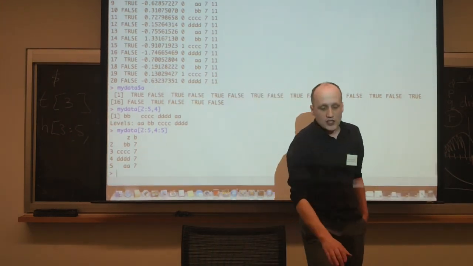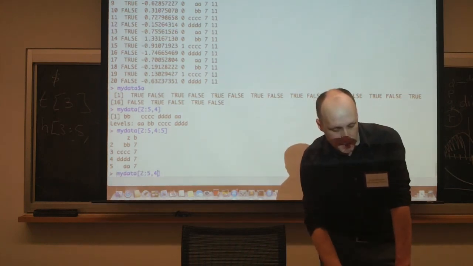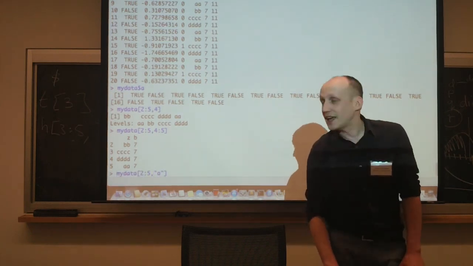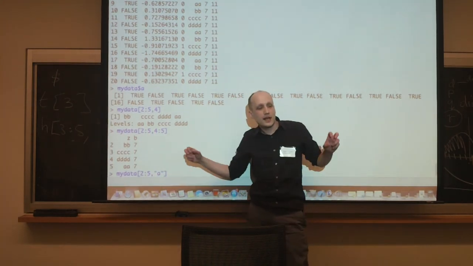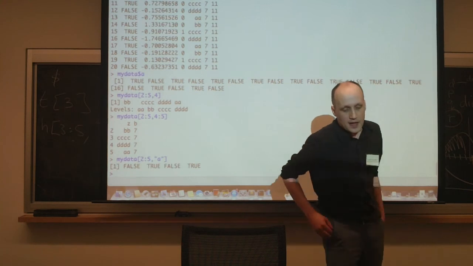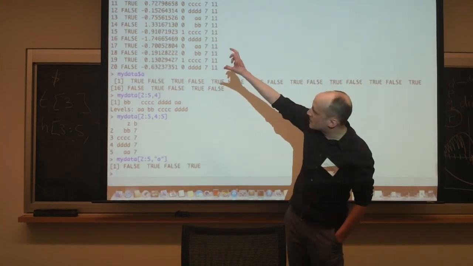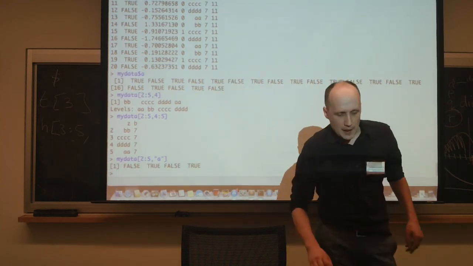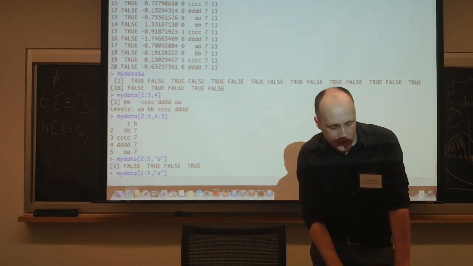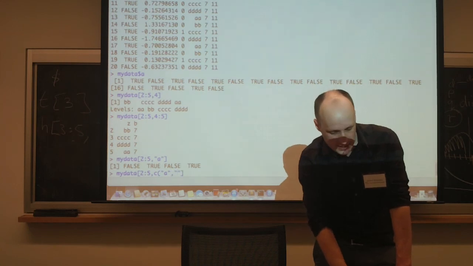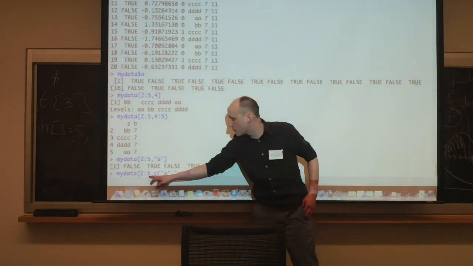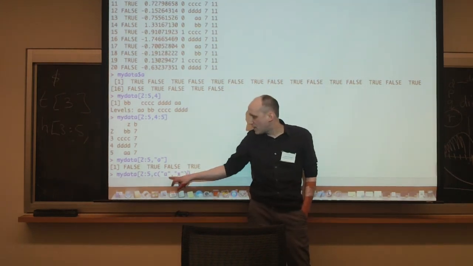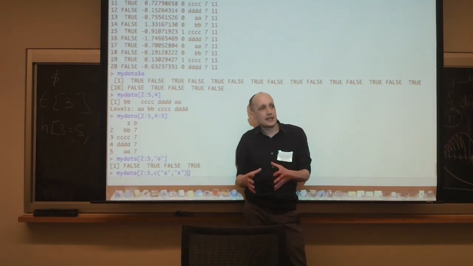Does that make sense? I can also, in these hard brackets, if I'm using a data frame, use variable names. So this is the second through fifth rows of the 8th variable. Okay, and that works for me. That's pieces of that first row. I can also use that c for concatenation inside my subsetting. So this is the second through fifth rows of A variable and X variable concatenated together.